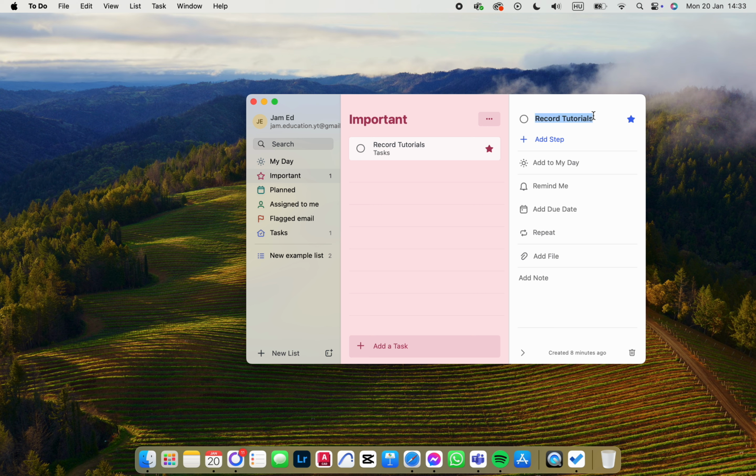And here under the name of the task, we will find add step. Now we can click on this and then type in the steps of this task. For example, here this would be download an app, and then we have subtasks of this one, and then if